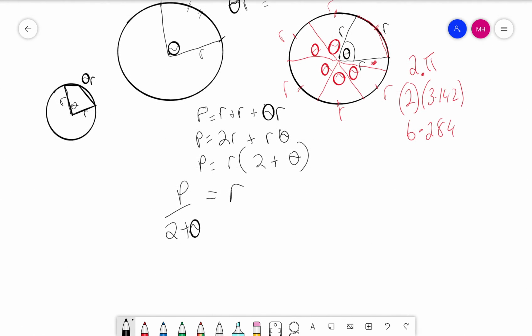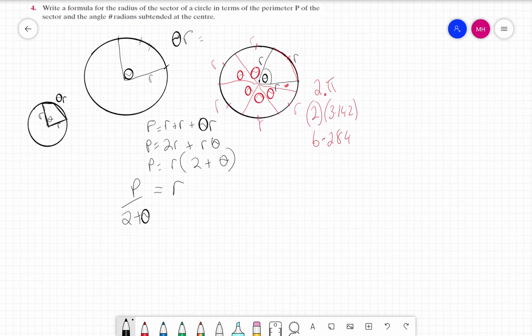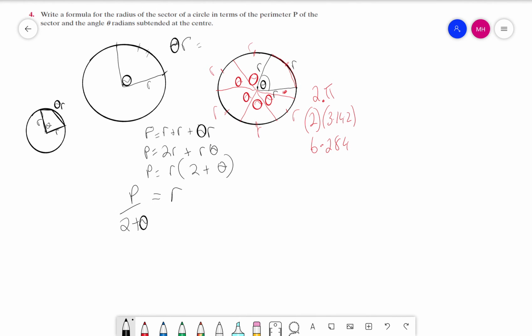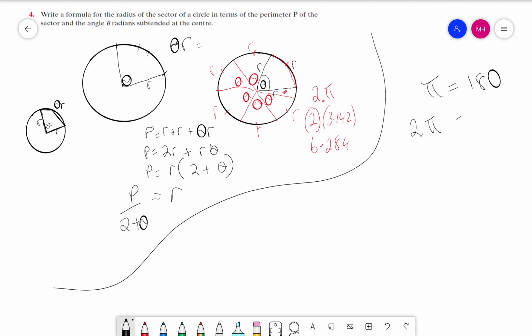Now I'm just going to develop something here that people may be wondering about. We spent a lot of time in the year talking about pi being equal to 180 degrees and 2 pi being equal to 360 degrees. So why is that? It is and it isn't, right? Pi is still equal to 3.14 and 2 pi is equal to double that, 6.284, okay? But when you're dealing with radians,